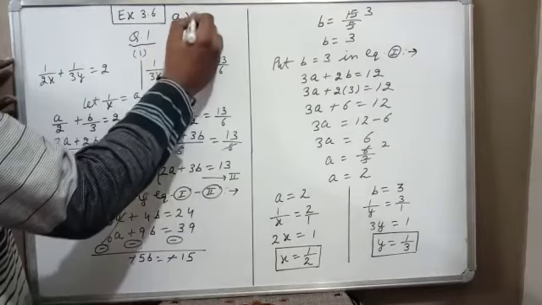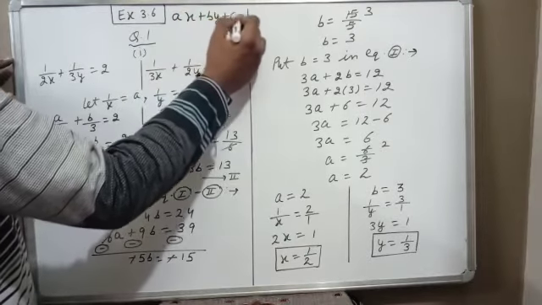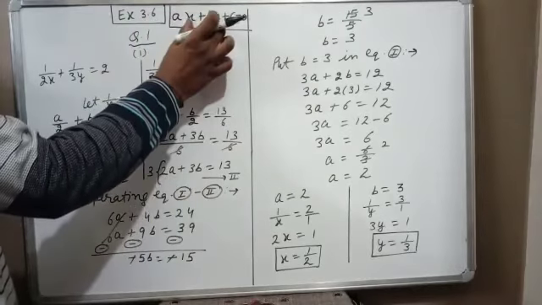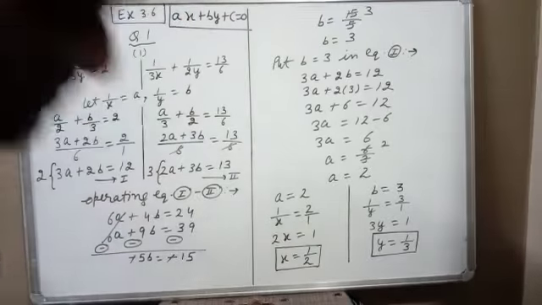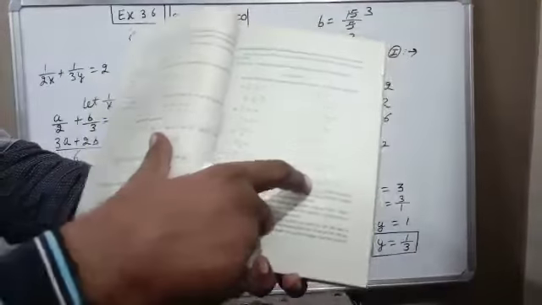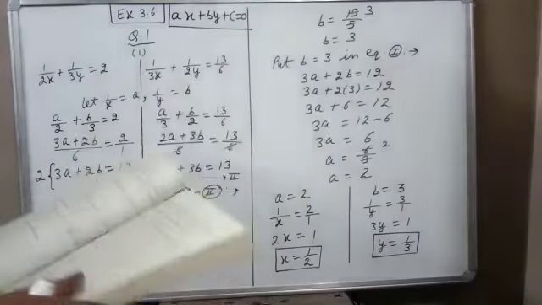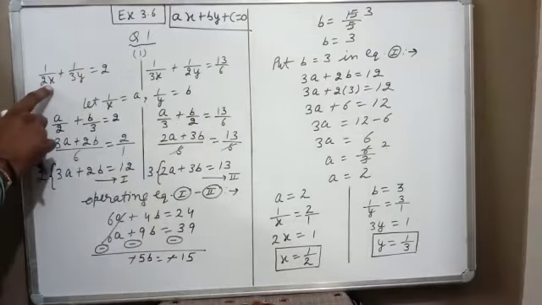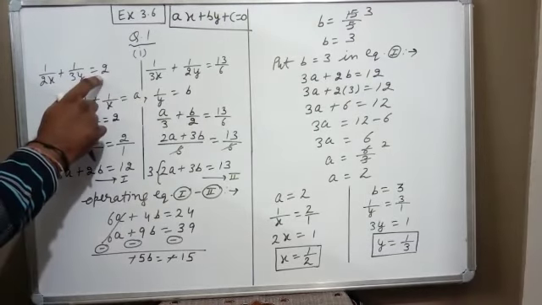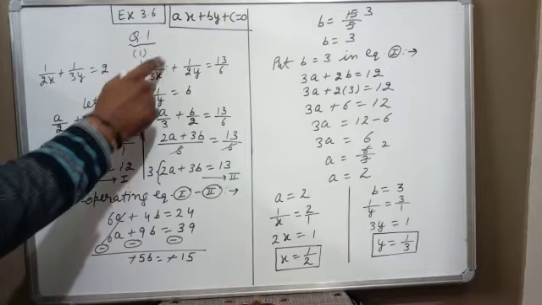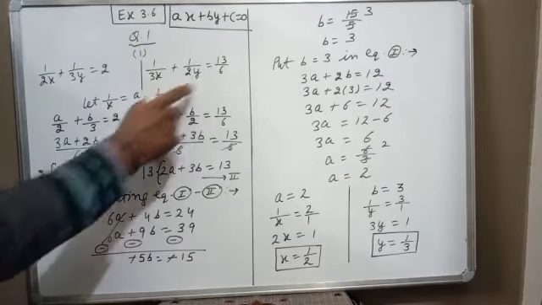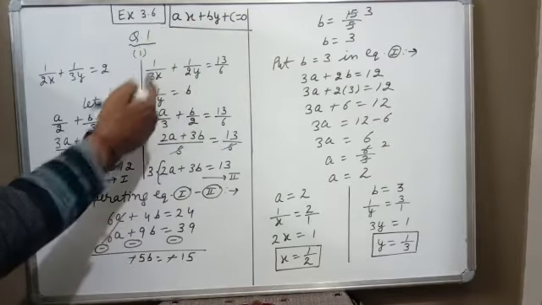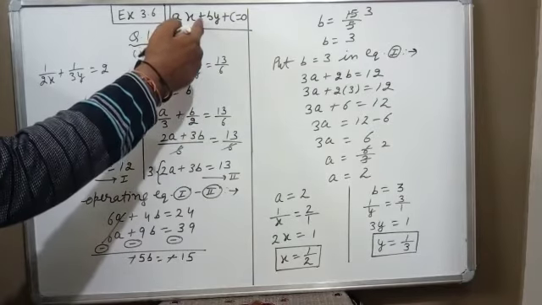This is the general form of linear equation in two variables: ax plus by plus c equal to 0, which means x and y are both in the numerator. But if you see, in all the 8 parts x and y are not in the numerator. Like, first we solve the first part, one by one we will discuss. So 1 upon 2x plus 1 upon 3y equal to 2, this is the first equation. Then 1 upon 3x plus 1 upon 2y equal to 13 upon 6. This is the second equation. x and y are in the denominator. So first we have to convert this question into standard linear equation form.